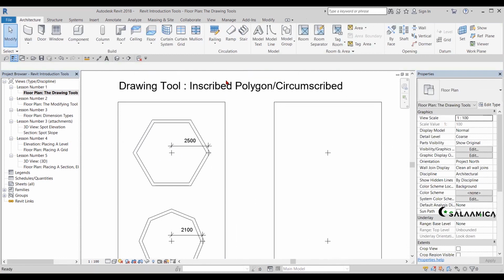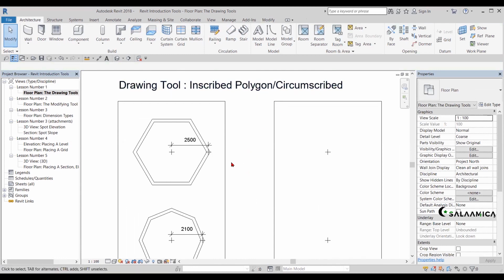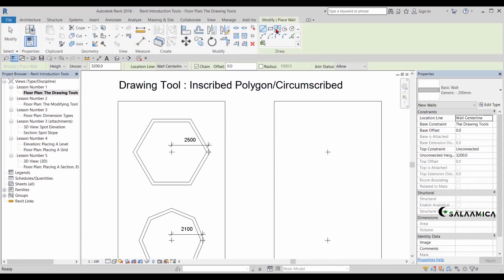So let's talk about inscribed and circumscribed polygon, no? So let's click wall. So let's talk about this now. Actually, inscribed polygon. See,